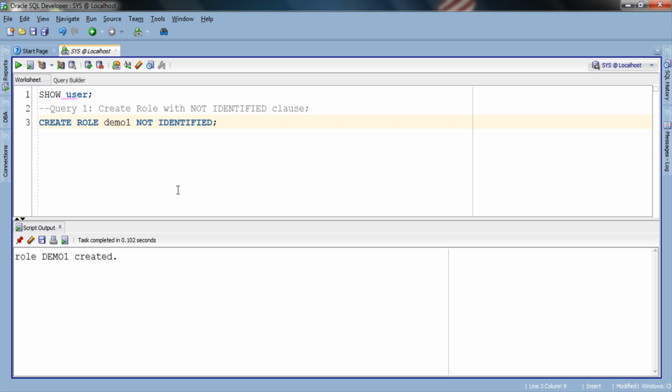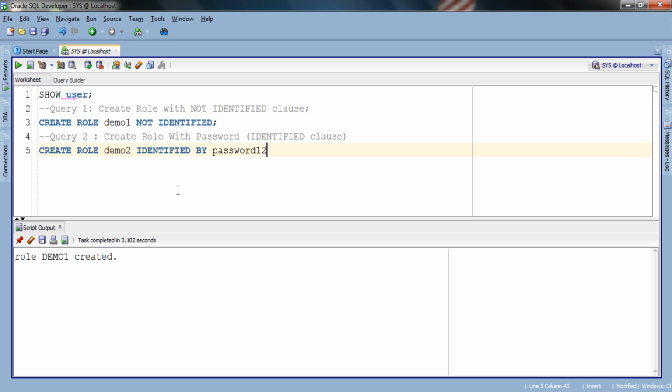Let's move on to our next query. We just created a very simple role demo1 with no authentication or security. Now let's create a role with password authentication. Again, we will use the create role statement to create this role. The first half of this query is very identical to the first query, but in the second half we have